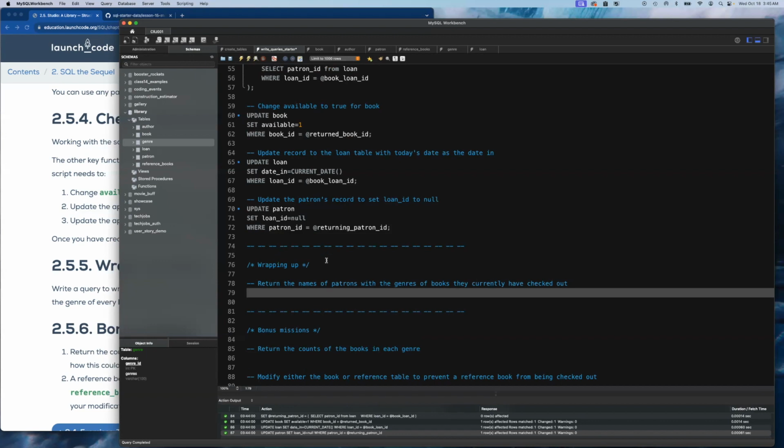As always, think about what you need to get, and then also think about what information you are going to use to get it. We want the names of the patrons with the genres of the books that are currently checked out. If the only way for us to know if things are currently checked out is to look and see,